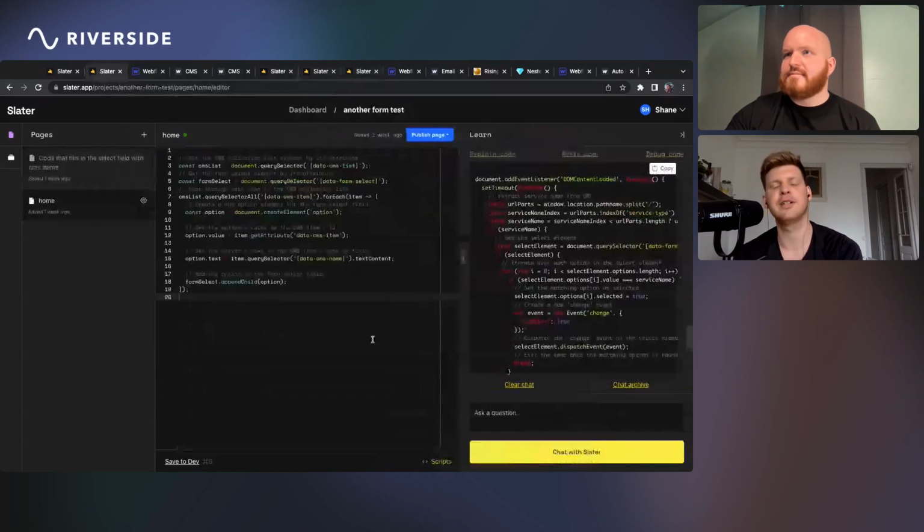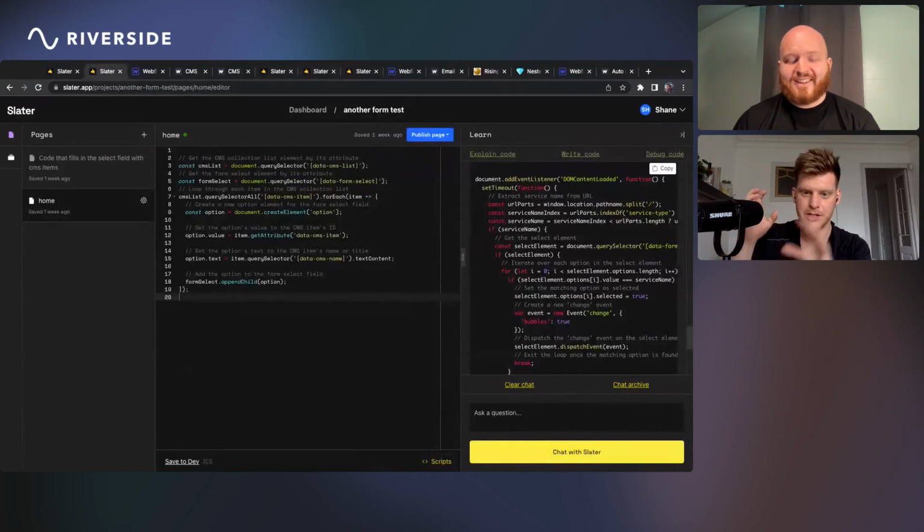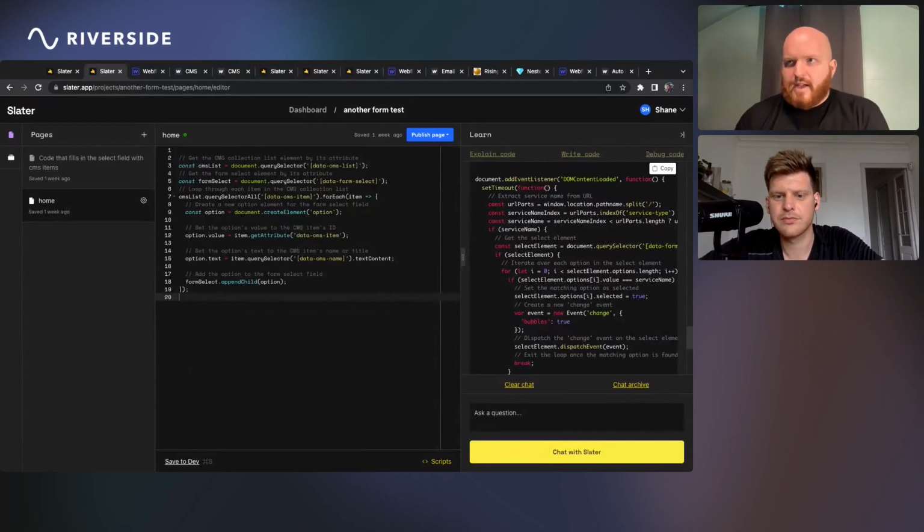I think that's something I find really nice, because if you go to W3Schools or something, that obviously has that information, but there's a lot of brain power needed to work out how this information translates into your actual situation. Whereas with Slater, it's with you in the project, and I think that makes it a lot less intimidating.